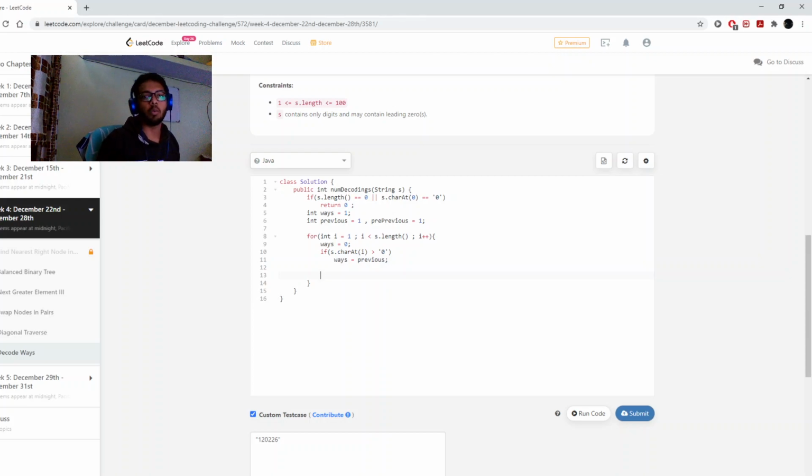Again, what I want to do next is check for my substring. So let's first create a string. I'll name it temp, and it would be s dot substring, and it will have elements from I minus 1 to I. For this method, you know that it does not include the upper limit, so it is I, and I need to convert it to a string.